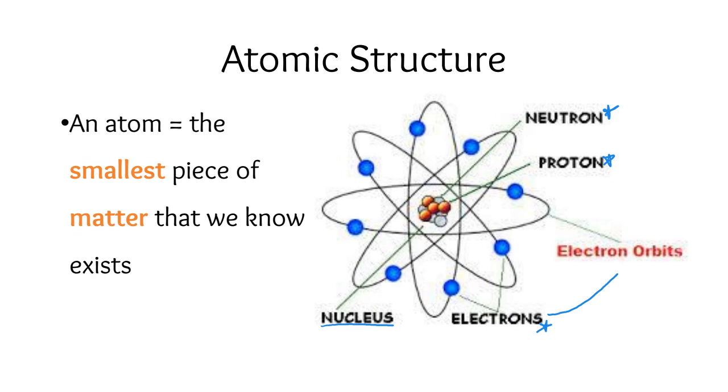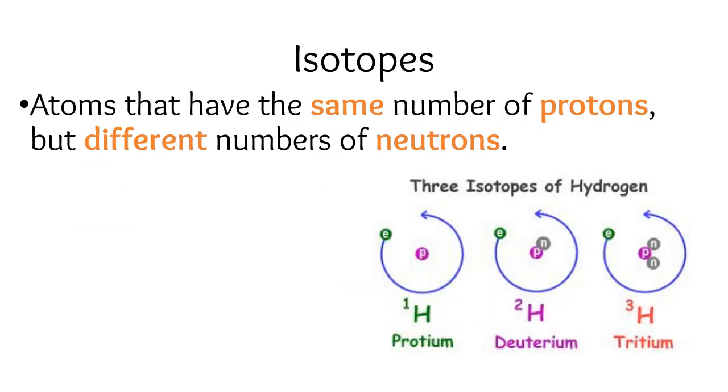So the smallest piece of matter we know are these atoms. And now we're going to look at the orientation and the numbers of protons and neutrons and electrons and how it applies to average atomic mass and isotopes. So isotopes have a different number of neutrons but the same number of protons. So you can see in the picture here, we're changing the number of neutrons starting with the smallest isotope and